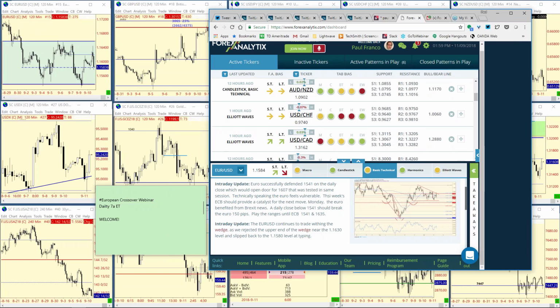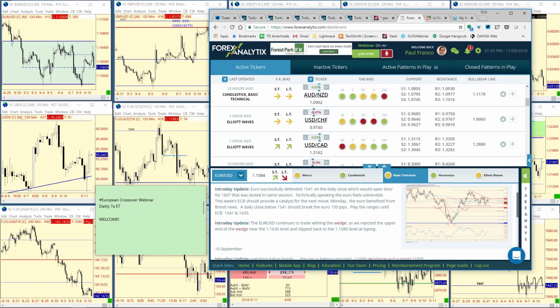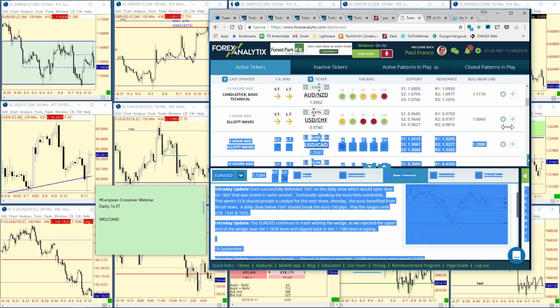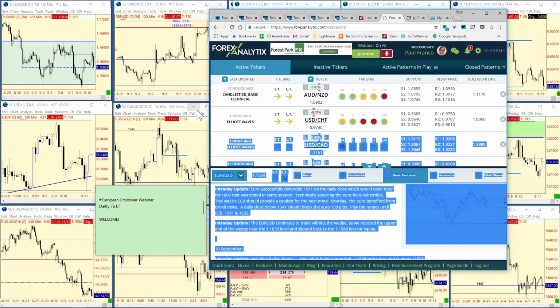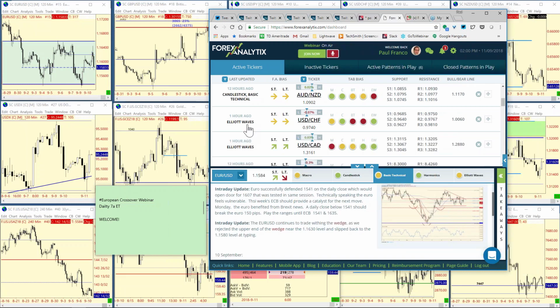I just posted this here so you can get an idea of the different options, whether it's Elliott Wave, and I had my own analysis. I've been pushing out my own analysis. You can see here macro candlesticks, basic technical harmonics. You just click on which one you want, and you get an idea for a longer term, shorter term, support, resistance. I had actually pushed this out at the end of the session yesterday, going into Asia. I think I posted a little bit late. I'm getting used to all the bells and whistles on this.